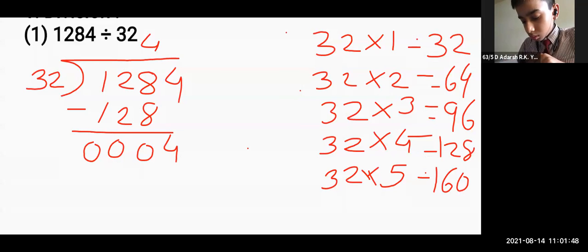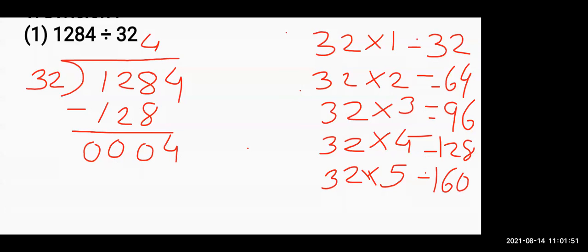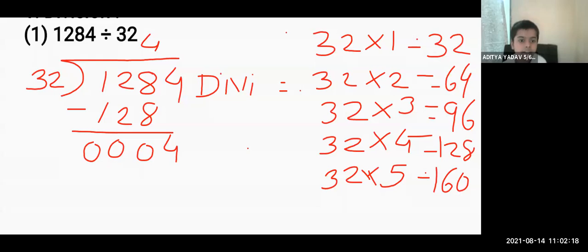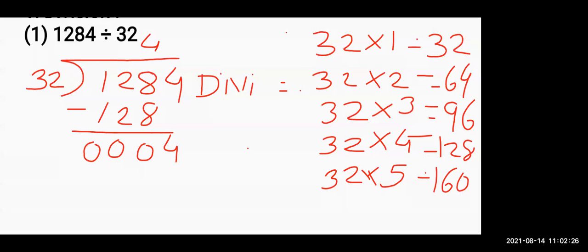No. Okay. Now Aditya will give me the answer. Aditya, what is the dividend? Here, in these numbers, what is the dividend? That we should write, na? 32 is the dividend. So what is the divisor? If 32 is the dividend, what is the divisor? 284. That is our divisor.